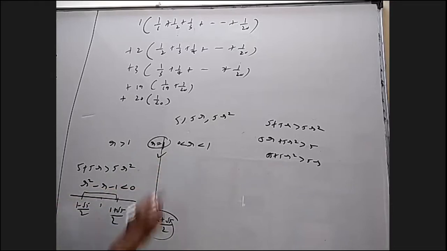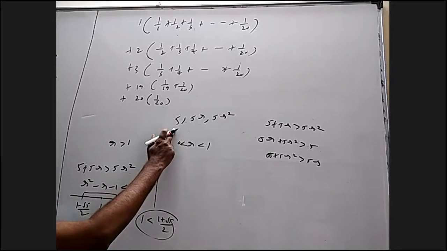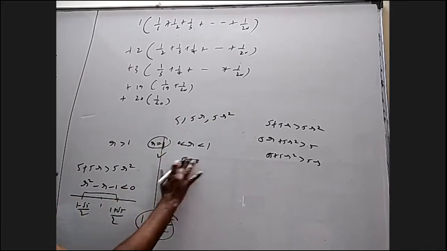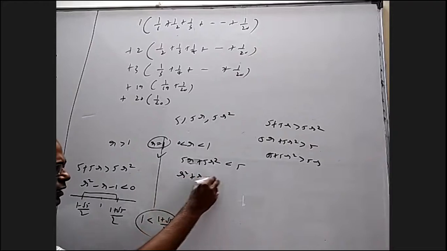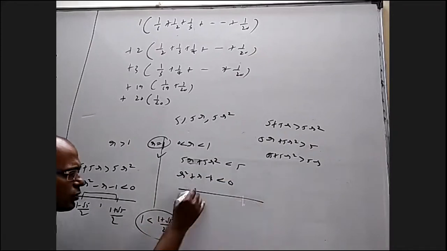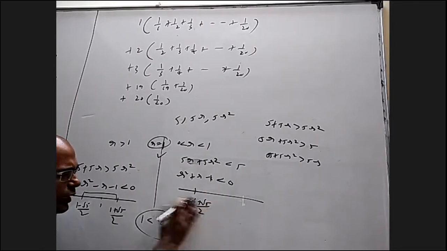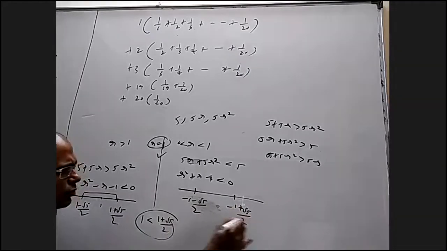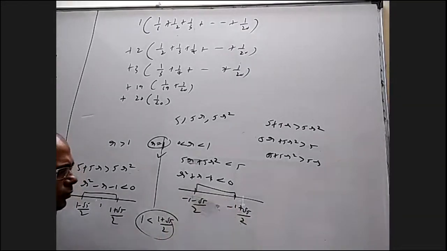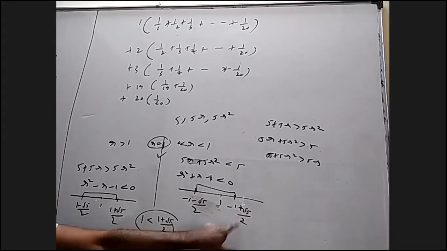Here, when you take r less than 1, this is the smallest side and this is the greatest side. So what we need to check here is 5r plus 5r square should be greater than 5. That is r square plus r minus 1 greater than 0. There the roots are minus 1 plus root 5 by 2, minus 1 minus root 5 by 2. It should be outside them and it should be less than 1. 1 is still here. Okay. Root 5 is 2.2, so 1.2, 1 is this side.